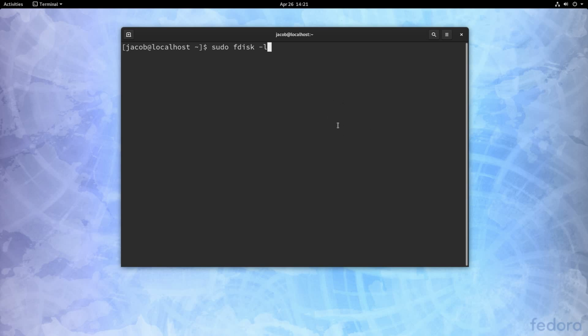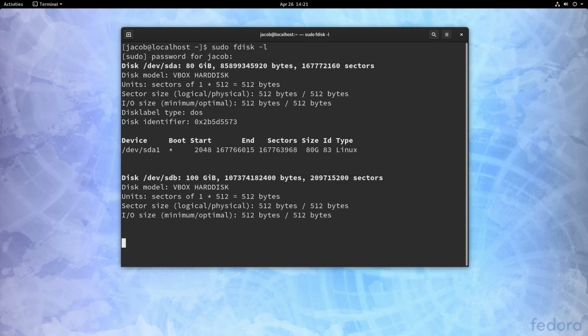There are some other tools that can also display the drives and partitions on the system, but some of those tools only display mounted drives, whereas fdisk is more to work with the drives themselves. So that's what we're going to use, and I'll go ahead and enter my password, and you can see we get back our output. We've got disk /dev/sda, which is an 80 gigabyte drive, and that is our OS drive. We've got one partition on it here, /dev/sda1, and that's our root partition.